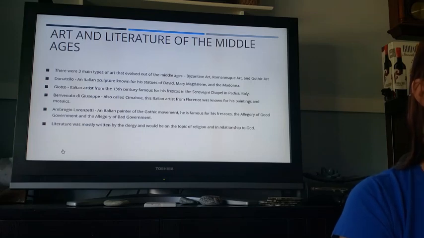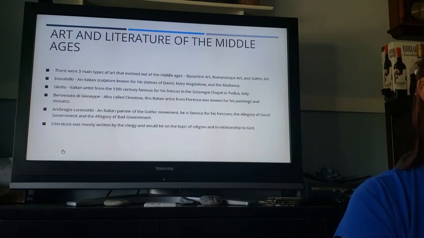And then Gothic art came out of the Romanesque art. The Gothic artists began to use brighter colors,